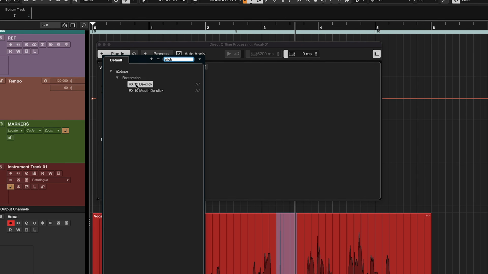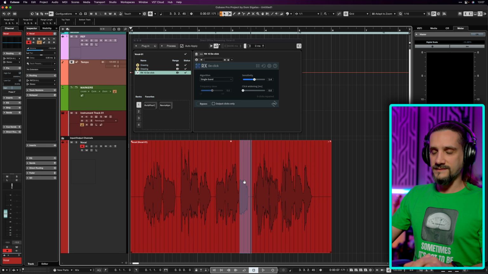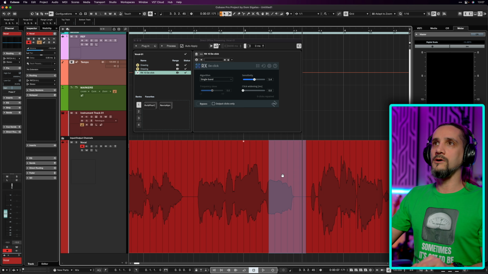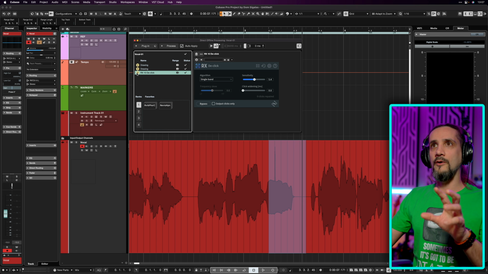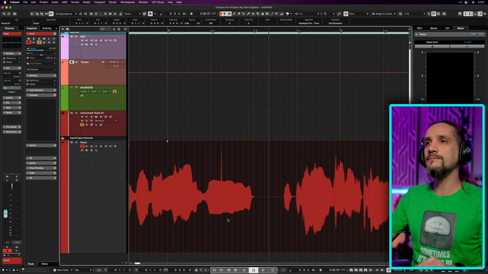I have RX10 in this case. I'm going to click on it, and you see that again, I can see that my click is gone now. But if I want to disable it at any point, I can just disable the RX10 declick, and I'm back to my original file, because sometimes declick plugins can introduce artifacts. It's rare and algorithms get better and better, but it can happen, and it's always useful to be able to go back. As far as I know, Pro Tools is able to do this,